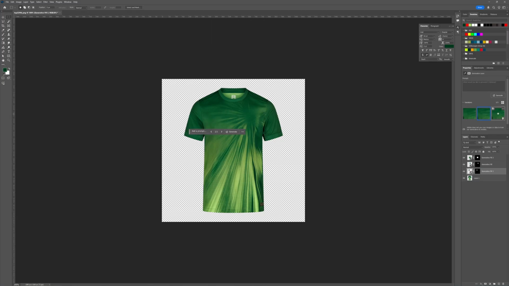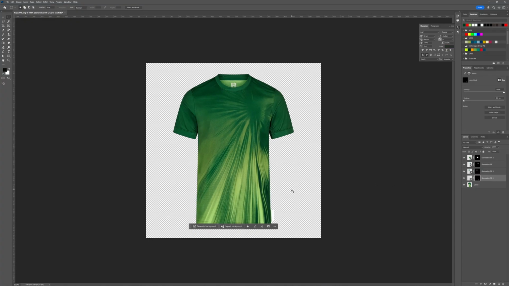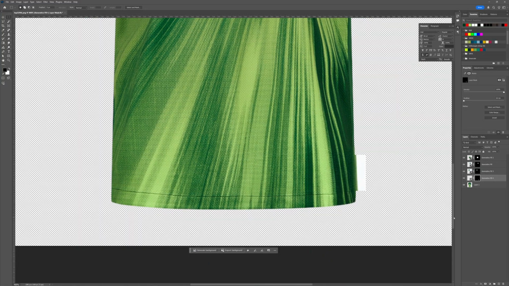Again, a really nice looking fill generated with AI. And the last one is the tag of Nike. Again, generative fill, generate. And as you can see, you can choose one, for example this one. You have a white area here, so I can zoom in a little bit, and with the selection tool I will